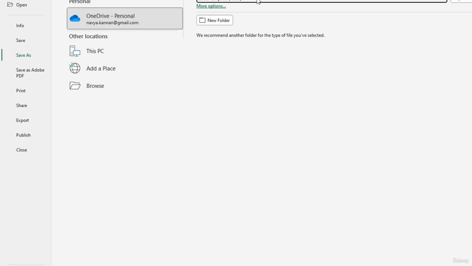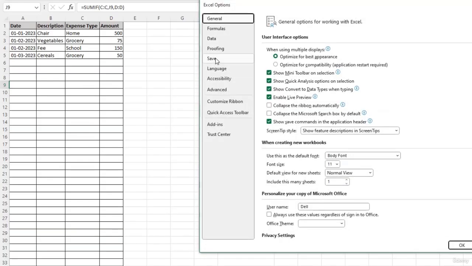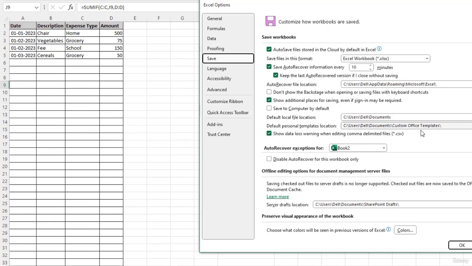Now to confirm that, go to Options here. Under the Excel options, click on Save. Here you can see that the default location is the custom office template inside the Documents folder, which is different from where our template is getting saved currently. So what I'll do is, I'll copy this location,